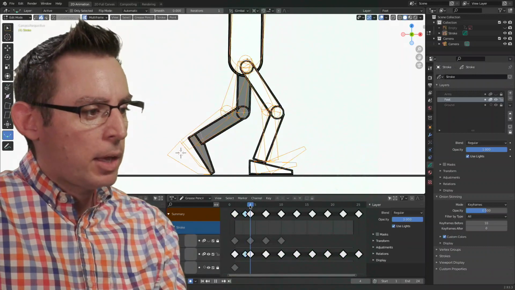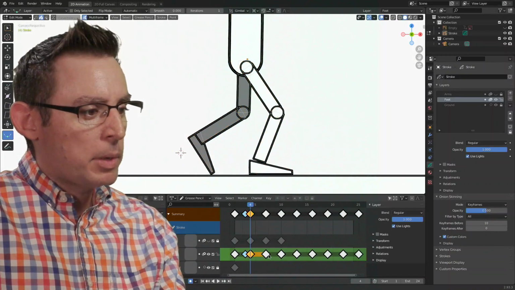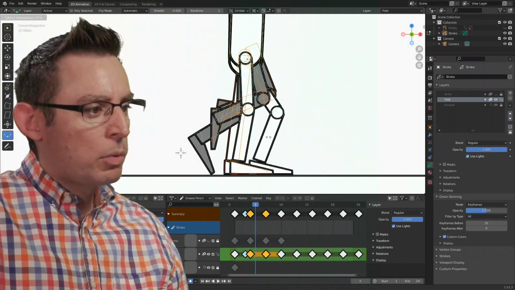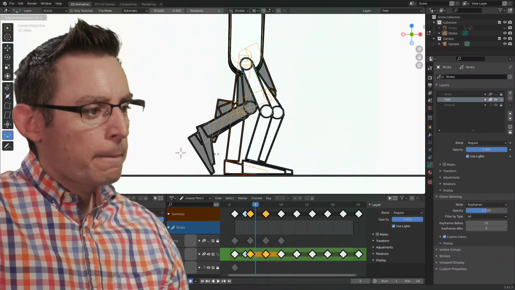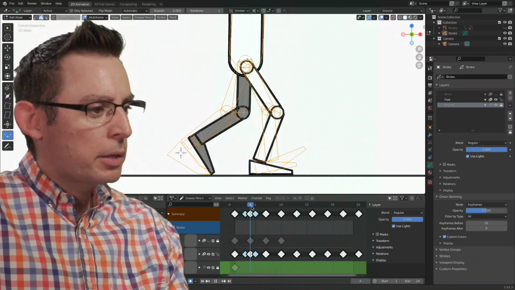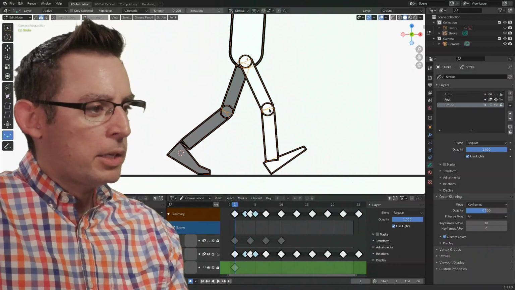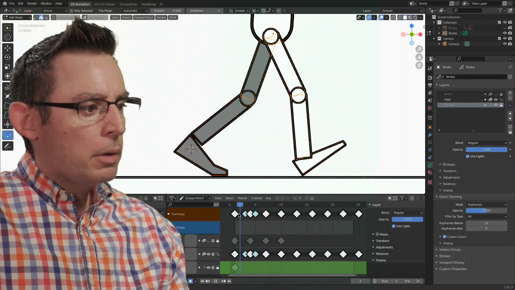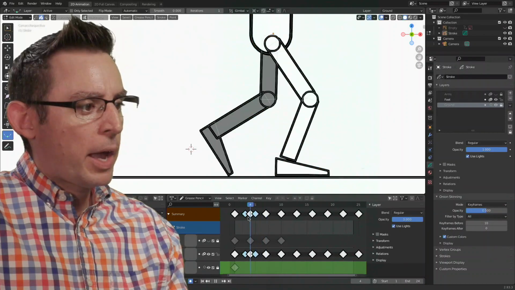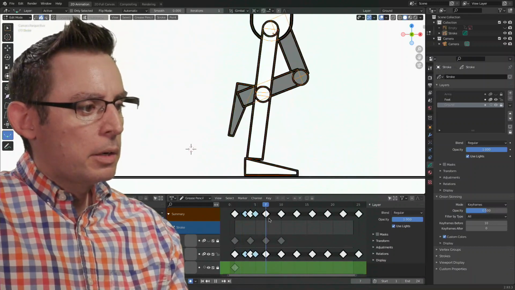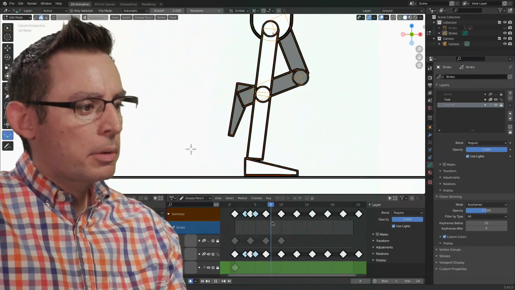Let's do the exact same thing between frames 4 and 7. Grab the interpolation tool, and now I'm just going to go forward a little bit. Right about in there. I'm looking at that gray knee, so maybe right about in there. All right, let's see what it looks like. Let's turn off multi-frame editing just so it's a little bit easier to see what's going on. Yeah, so slow in there, and then it's going to go fast. Slow in there, and then boop, real fast in here. And as we get towards the top, it's going to slow down again.